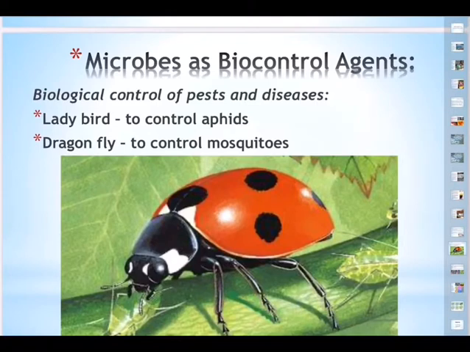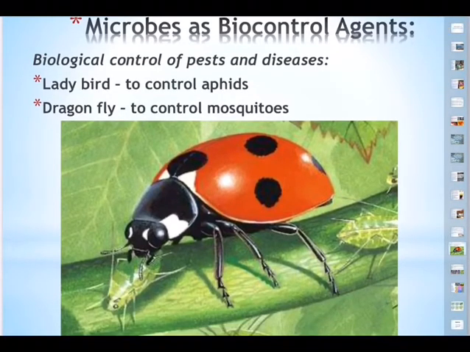They include bioherbicides and bioinsecticides. These inclusively are called biopesticides. As you are seeing in the photo, this is a ladybird, a beetle with red and black markings. Now you can see it's eating the insects. It feeds on aphids. Aphids do a lot of damage to crops. They eat away the leaves in the agriculture field. So aphids can be controlled by just releasing these ladybirds, that is, the beetles.